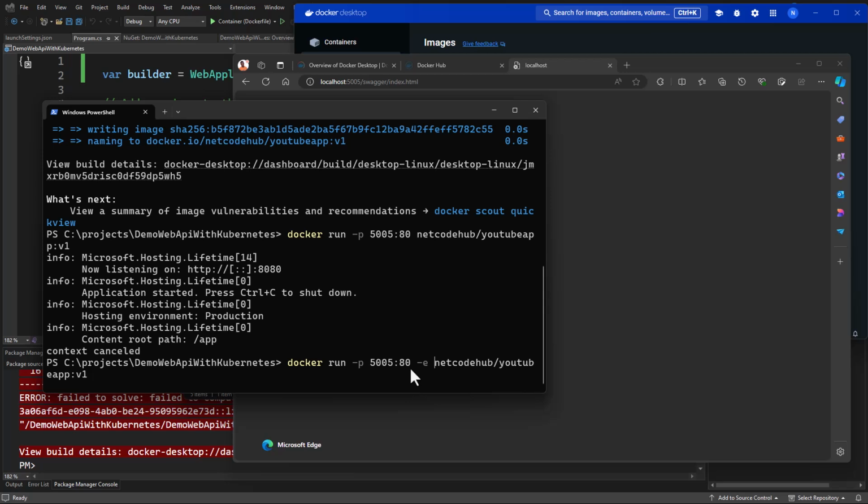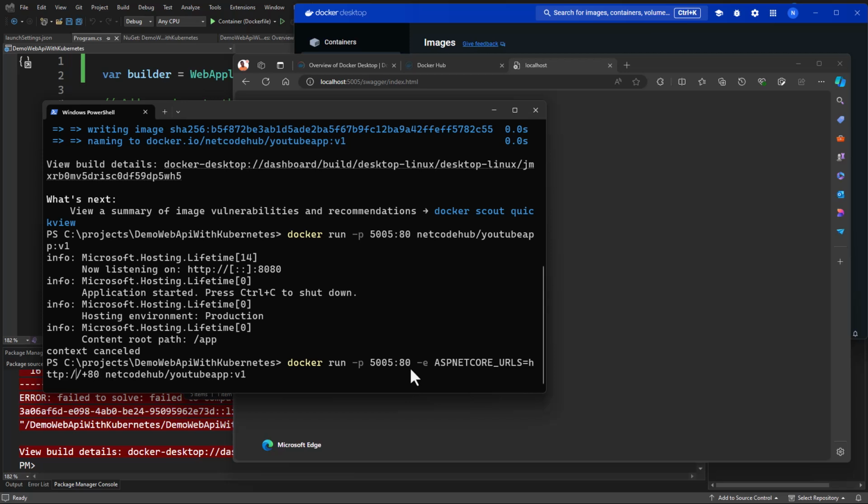With this environment, you're going to say ASPNETCORE_URLS equals http://+:80. Okay, so that is what we need to add.